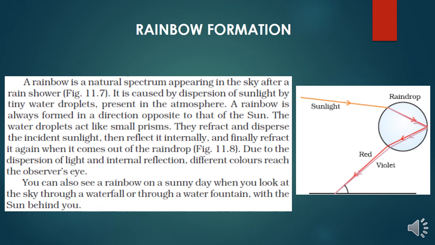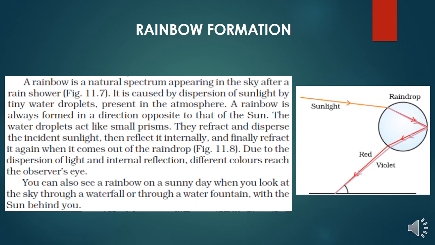तो फिर से आप डायग्राम को जरा ध्यान से देखेंगे तो आपको लगेगा कि सनलाइट इंसिडेंट होता है तो पहले एक जगह पे रिफ्रैक्शन ऑफ लाइट होता है, फिर जब वो रेन ड्रॉप की ऑपोजिट साइड पे जाता है वहां से उसका इंटरनल रिफ्लेक्शन होता है, रिफ्लेक्शन होने के बाद एक और बार उस लाइट का रिफ्रैक्शन होता है जिसकी वजह से जो लाइट है उसका डिस्पर्जन हो जाता है, यानी इन अदर वर्ड्स जो व्हाइट लाइट है वो 7 कलर्स में डिवाइड हो जाती है and then we get a rainbow.